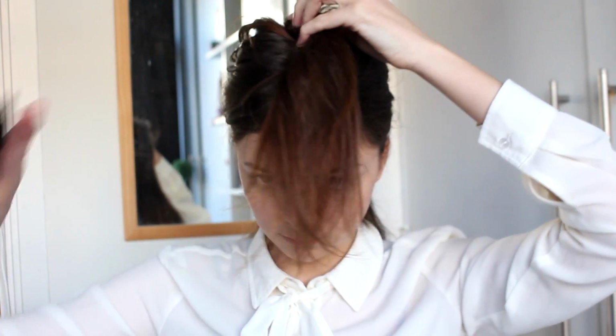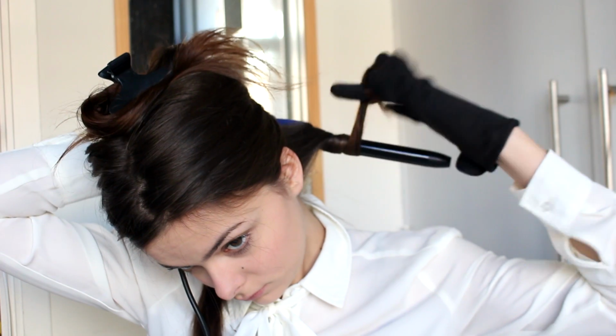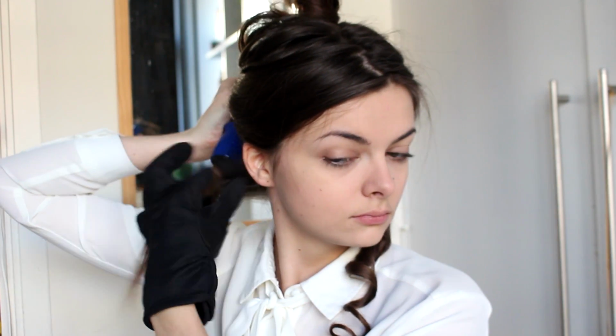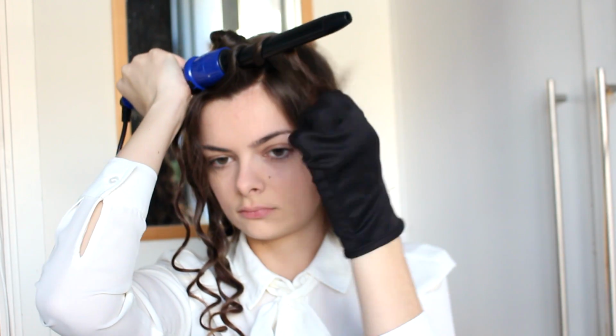So the way I'm going to make these curls to make sure they turn out as waves and not spiral curls is I'm going to twist in the opposite direction than what I wrap it around the curling iron in. And this ensures that it will turn out as a beautiful wave. So I'm going to curl my entire head of hair in this manner. And when that is done, I'm just going to give this a couple of minutes to cool down completely